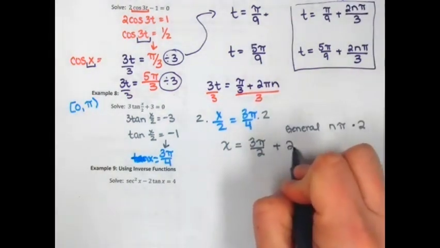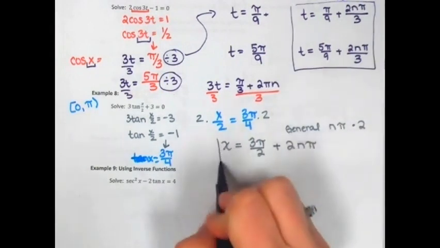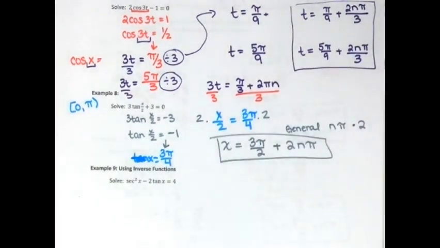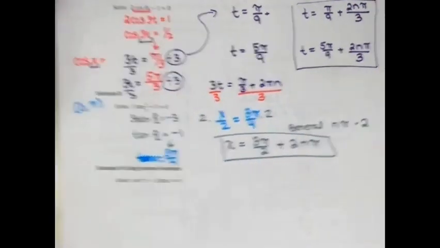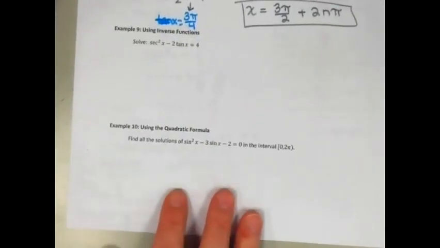So I would add 2n pi to that, and that would be my solution. Any questions about that? All right,